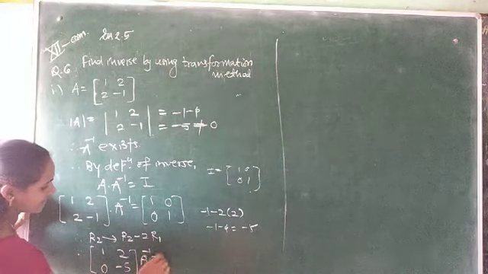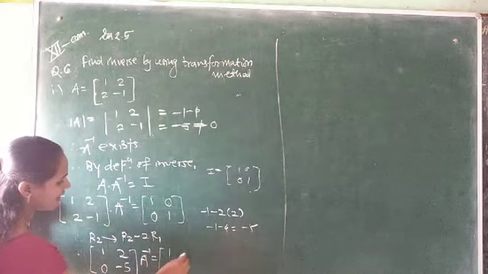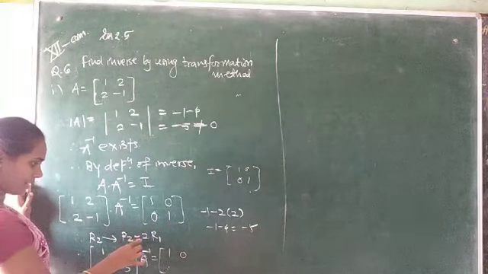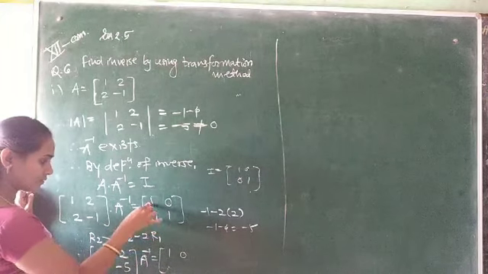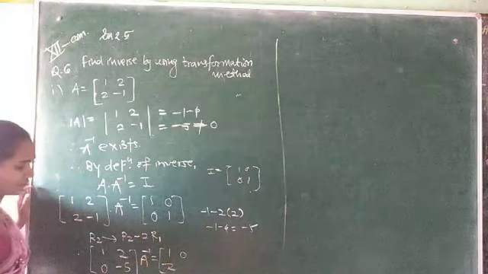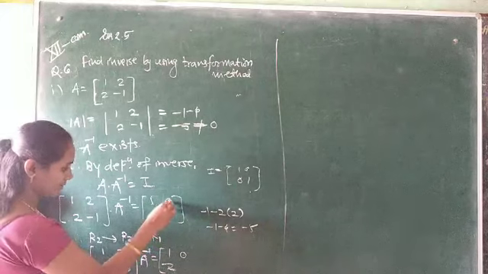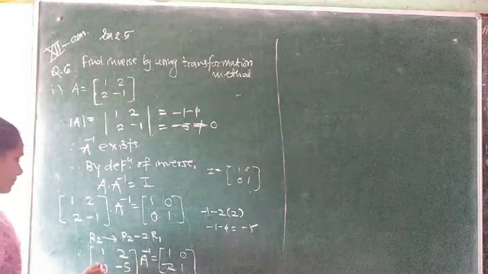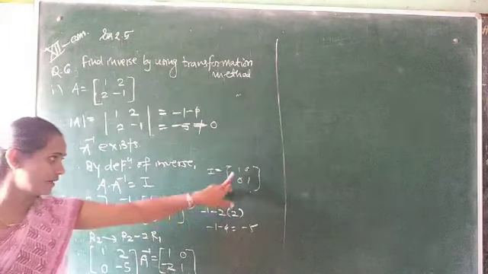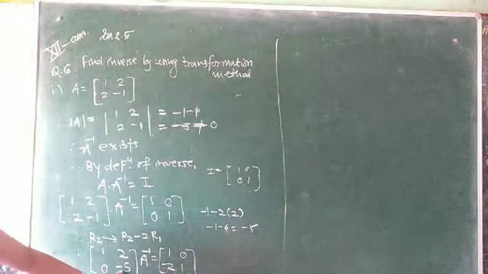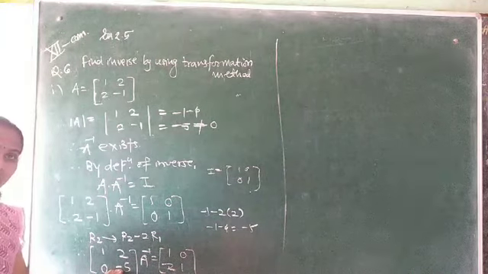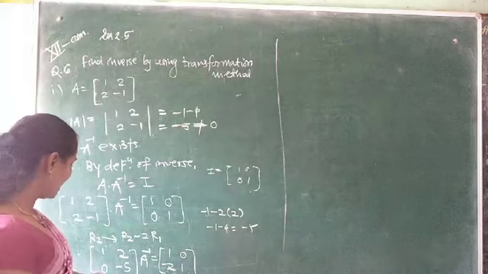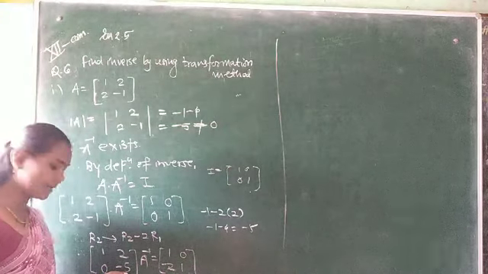Into A inverse is equal to, again leave R1 as it is. Right, look here, 0 minus 2 into R1, since 0 minus 2, that is minus 2. And here 1 minus 2 into 0, that is 1. Now see here, 1 0 1 0. Now make the a22 as 1. How will this become 1? If we divide this number by minus 5, then it becomes 1. So in which row does it lie? It lies in the second row.